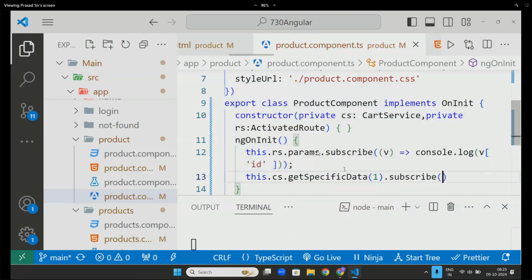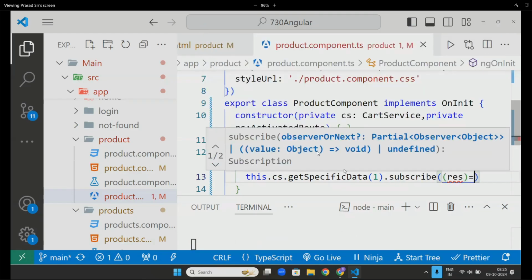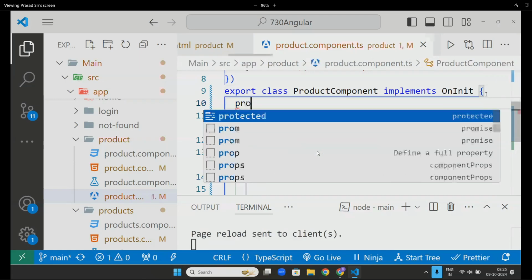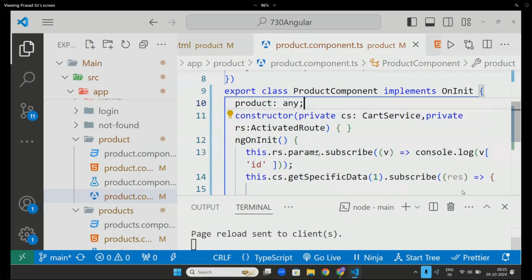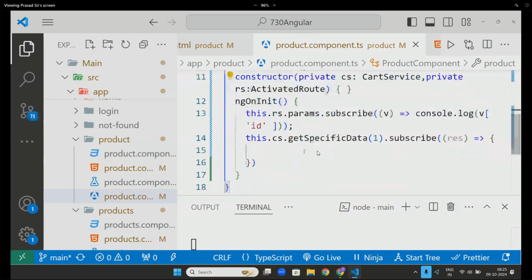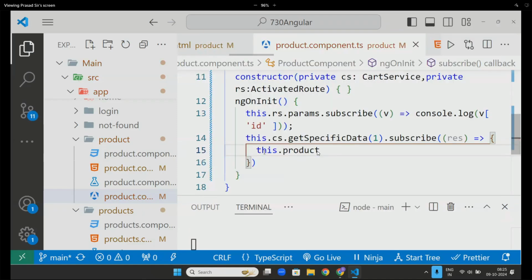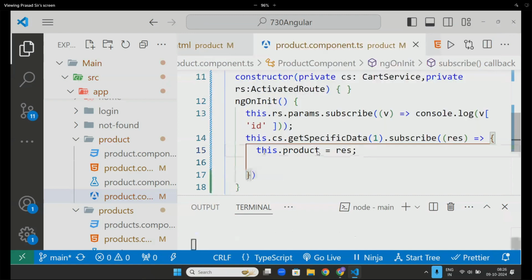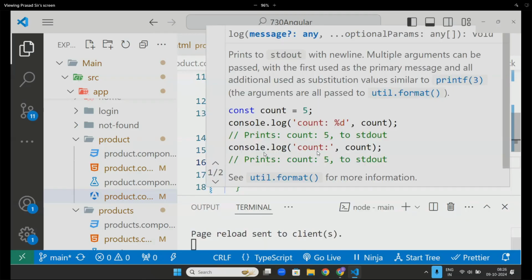I will subscribe to it, get the result, and store it in my product data, which I will create here. Product, which is of any. I will store the whole product data in this dot product equals response. Now here I will also write console.log this dot product.